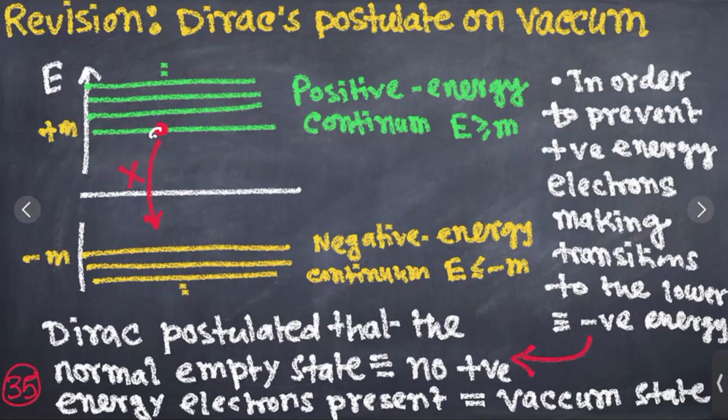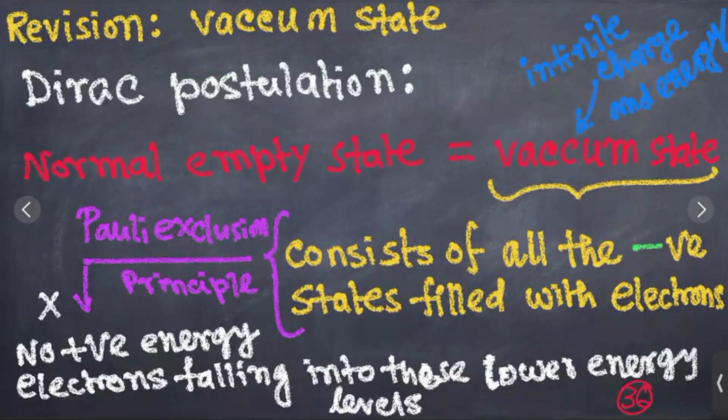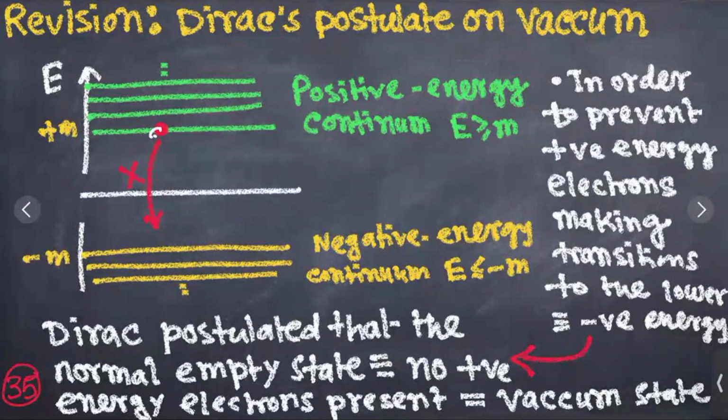Whenever you consider the vacuum state, let me go back one step further. Dirac postulated that whenever you consider something called the normal empty state, which we now call the vacuum state, it is an infinite extent state having infinite charge and energy. This vacuum state is filled with all negative energy electrons, so there is no possibility of positive electrons. I said the same thing in the previous slide: no positive energy electron is present in the vacuum state. So whenever we consider the vacuum state, according to Dirac's postulate,